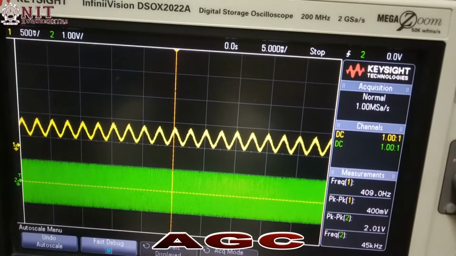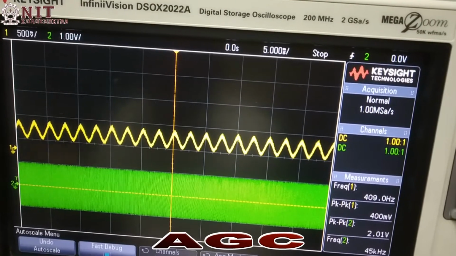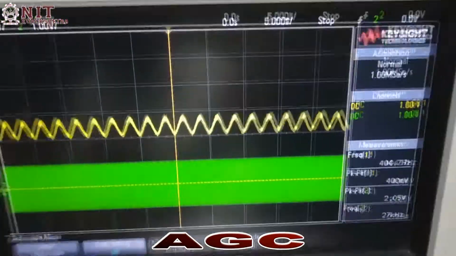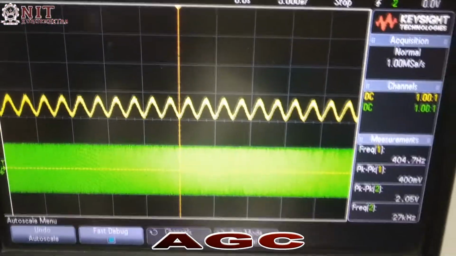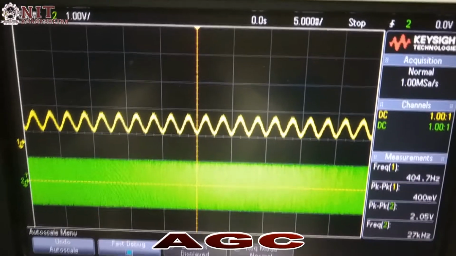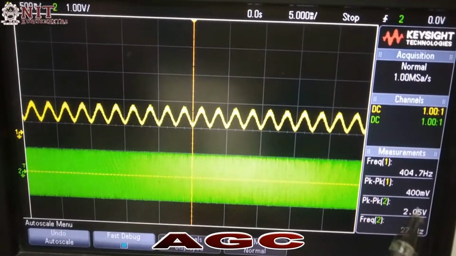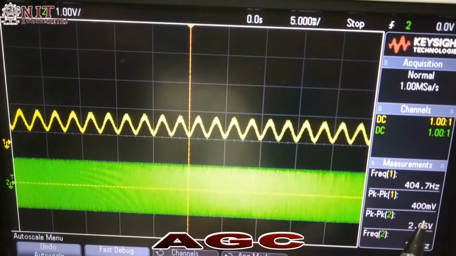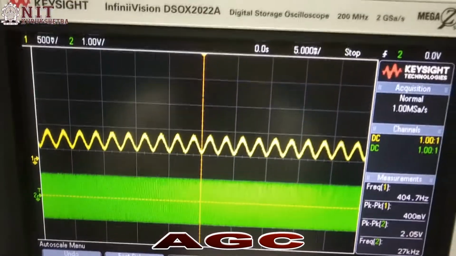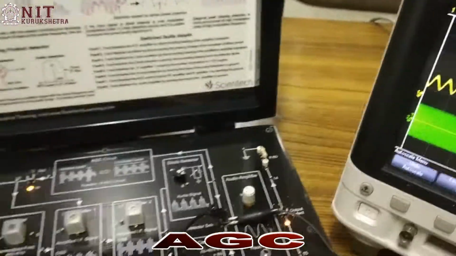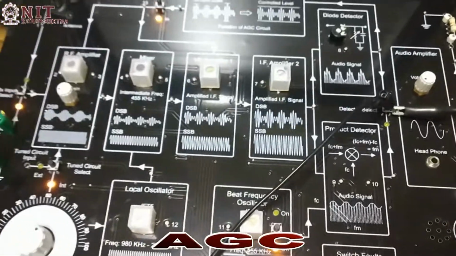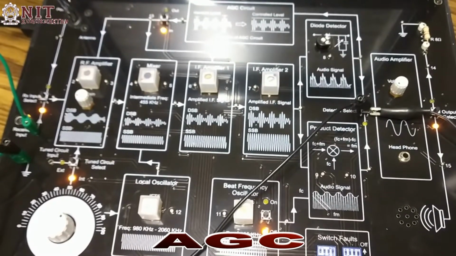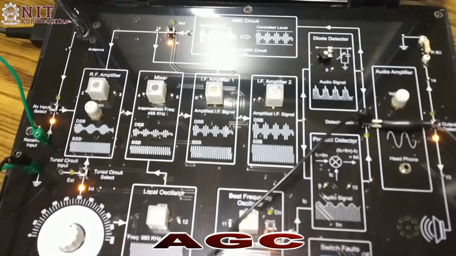So this is one reading with reference, and one reading with reference to the upward section. Now I have changed the carrier in the upward direction to 910 and I am getting output here 400 Hz and 400 millivolts. In this way I will change the frequency 910, 920, 930, 940 and downwards 890, 880, 870, 860. I will provide you the rest of the readings.